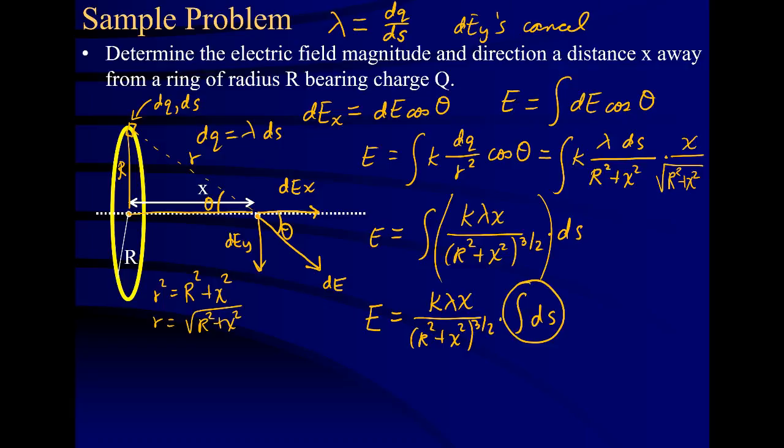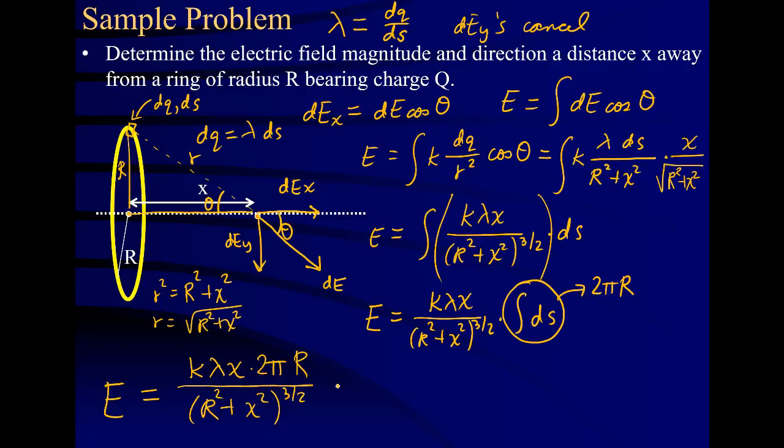Now the integral of ds is just equal to 2 pi big R, the radius of the ring. So that gives us an expression here for the electric field of k lambda x times 2 pi R all over R squared plus x squared